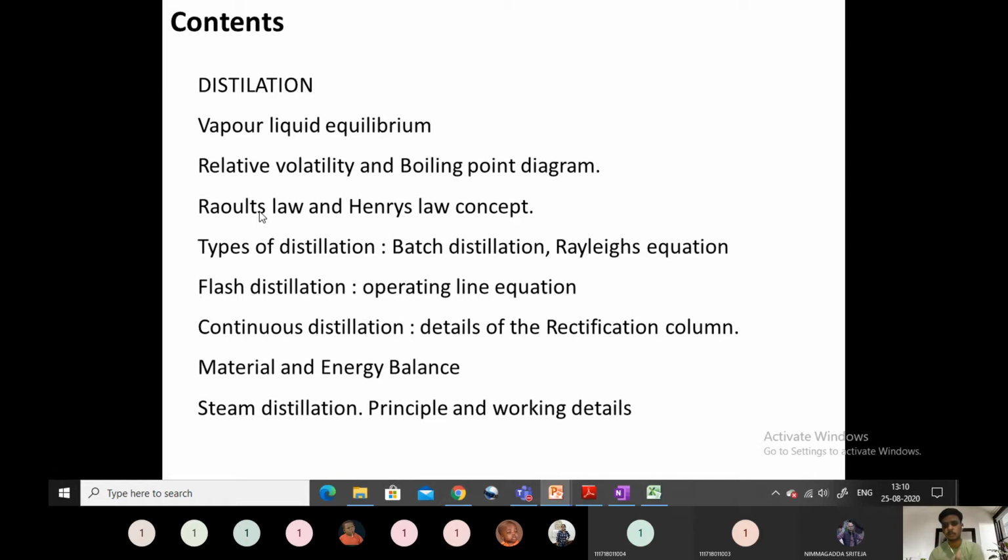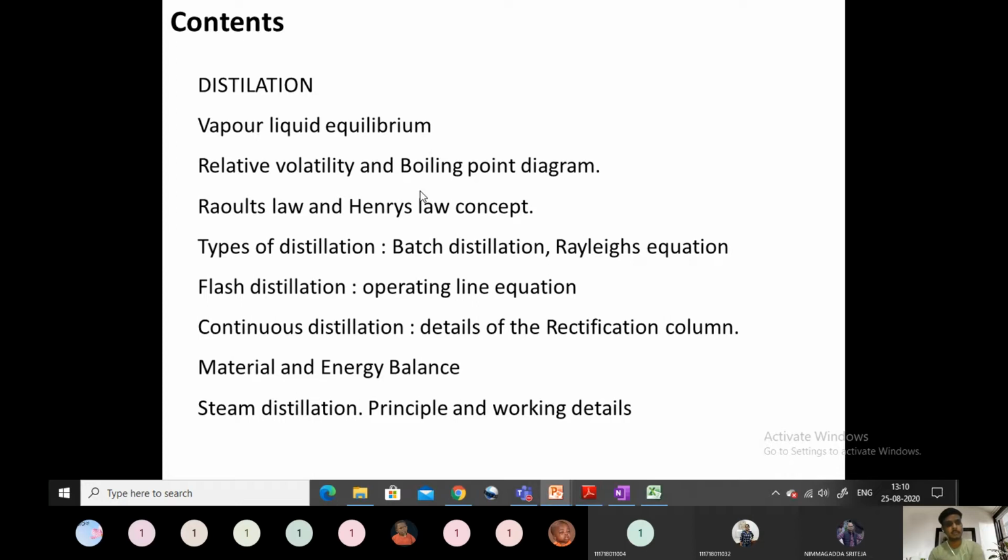We already know mole fraction varies between 0 and 1. When the mole fraction XA is going towards 1, nearly equal to 1, that is called an ideal solution, and Raoult's law is applicable. When mole fraction XA is going towards 0 or nearly equal to 0, then we can apply Henry's law. That is nothing but a dilute solution. Here it is an ideal solution, here it is a dilute solution. So we will differentiate the concept, how these laws are applicable.